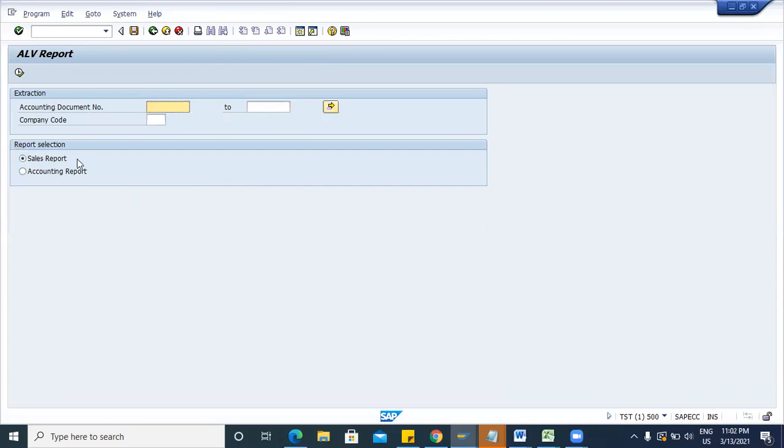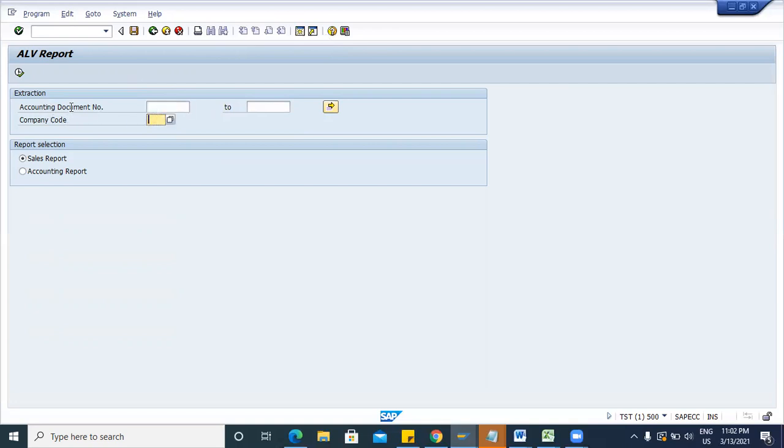So today we have created two blocks, selection screen block B1 and block B2. B1 contains the heading extraction, B2 contains the heading report selection. Now in this we have declared parameter and select option. Select option is for multiple input and parameter is for single input.